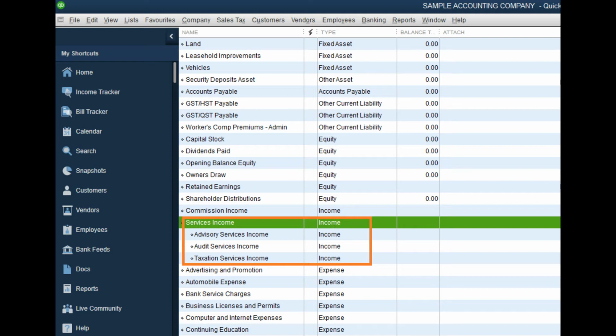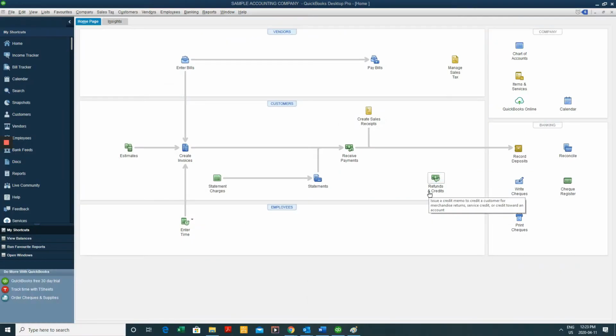But basically, the screenshot is showing you what I want to create. I just want to create different GLs. So in my example, we're going to assume that this is a fictitious accounting services company. And like most accounting services companies, they usually have three general service lines, which are advisory, audit, and taxation. So for starters, we'll